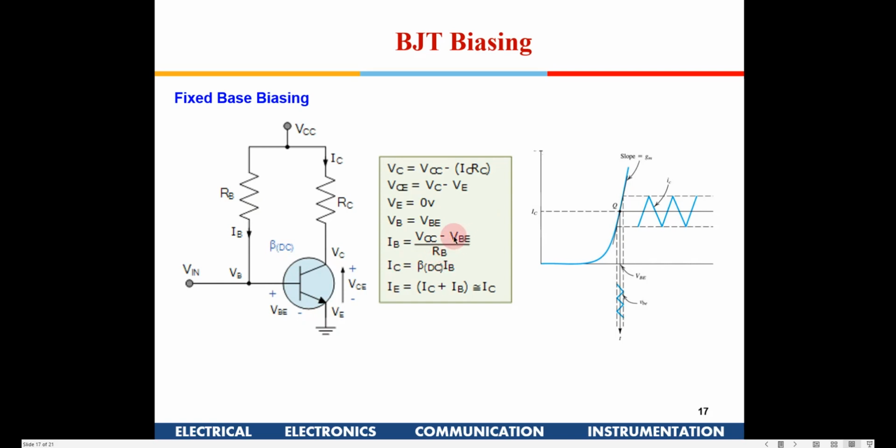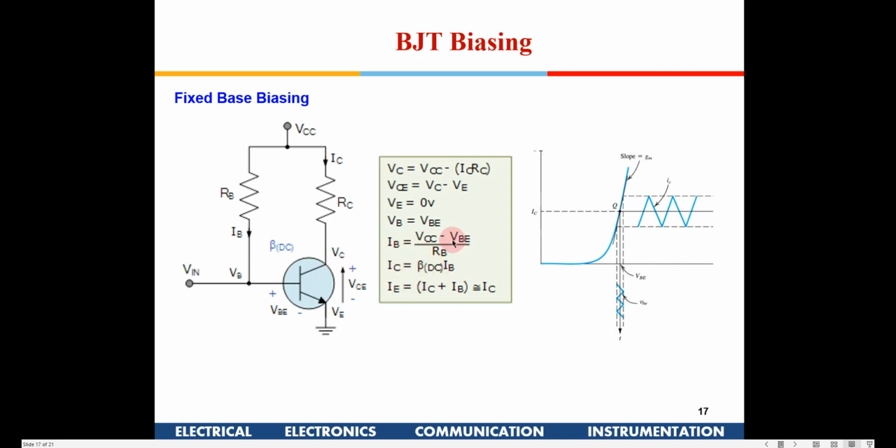So we can compute the value of RB. VBE is generally 0.7 volt here, right? So accordingly, whatever base current we require to bias it, we are going to bias it at 0.7 volt. So we will have some base current, and depending on what base current we require, we can design the value of RB. I'll explain how to design an amplifier maybe in the next class.